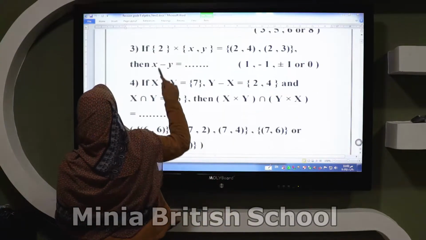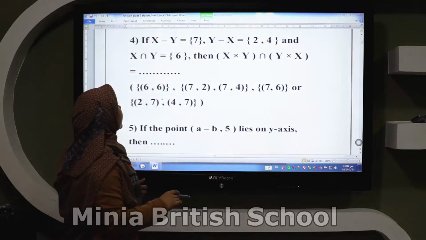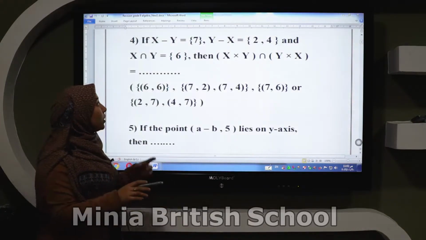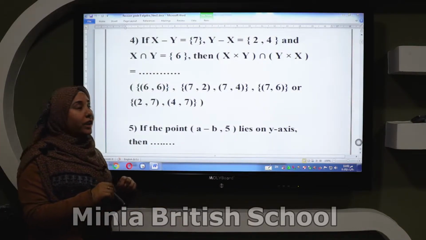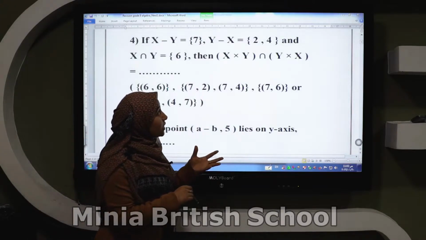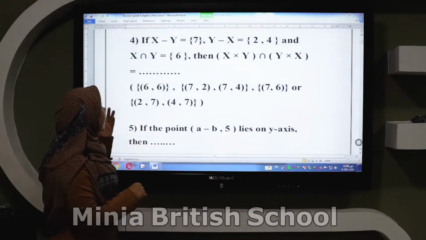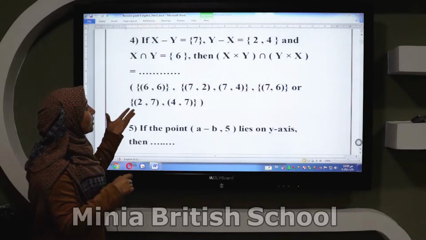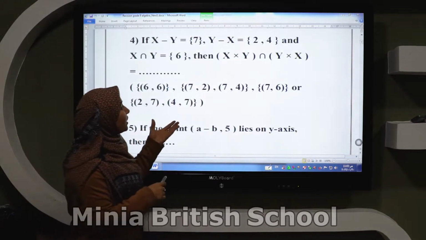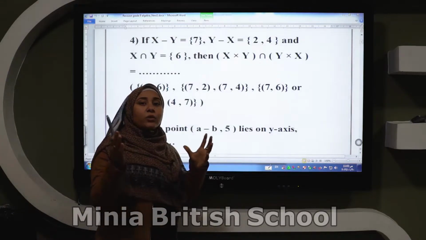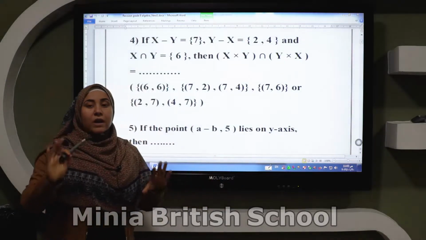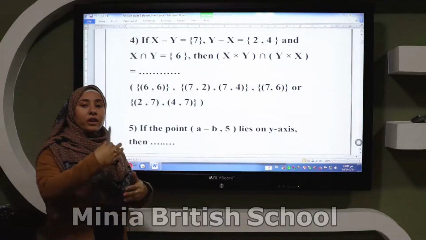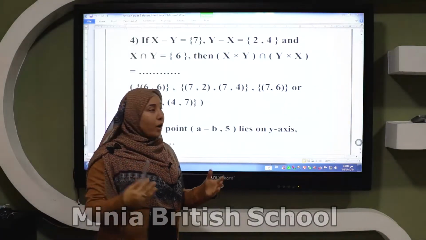Now the next, number 4. If x difference y equals the set {7}, y difference x equals the set {2, 4}, and x intersect y, I mean the common element between them, is the set {6}, then x cross y intersect y cross x equals what? So first we need to find the elements of x and the elements of y. Now